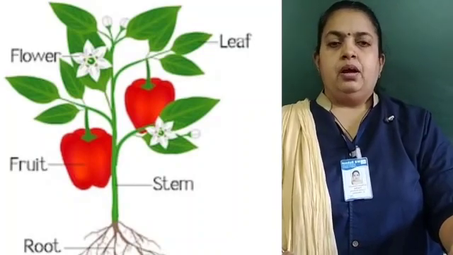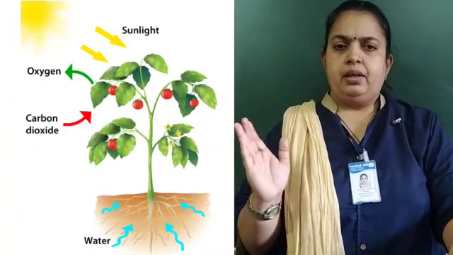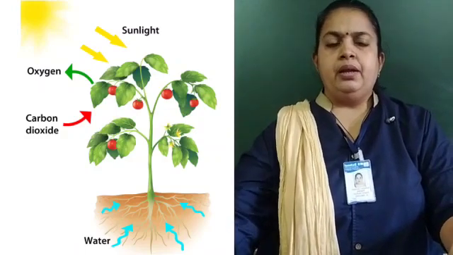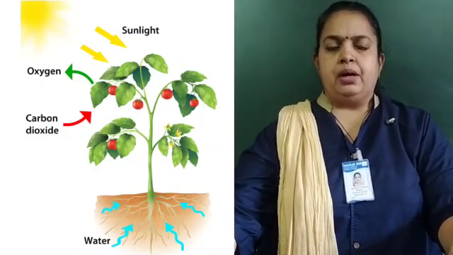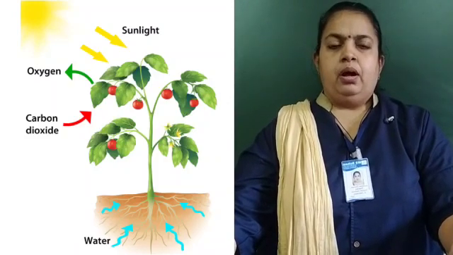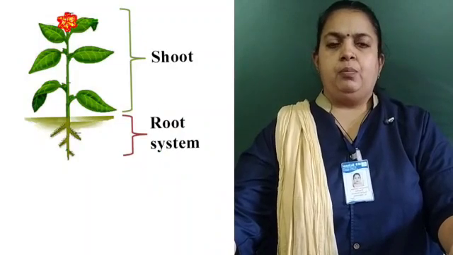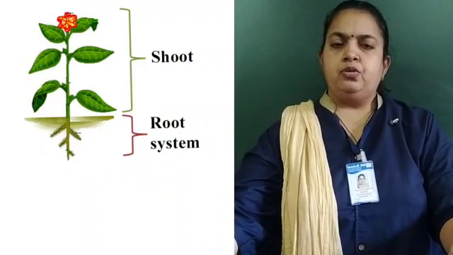Yes, correct. It helps to make the plant stand erect with the help of the roots, and it absorbs water and nutrients from the soil, as you can see in the pic, and it transports them to the other parts of the plant like flower, leaf and stem. This is called the root system and it is below the ground. The parts which are above the ground are called the shoot system.